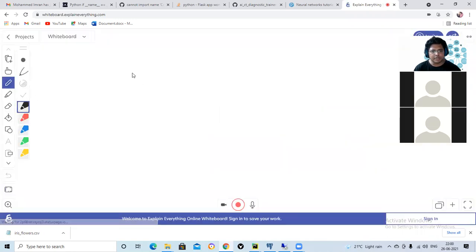Okay, so we have 4 inputs: 1, 2, 3, 4. So this is sepal length, sepal width, petal length, and petal width. Okay, now from here,